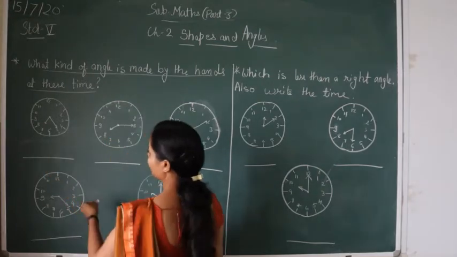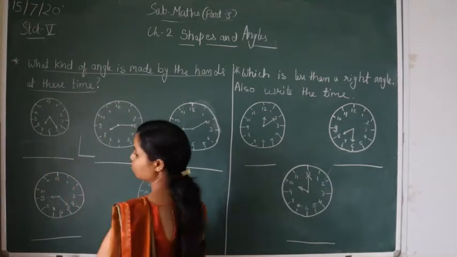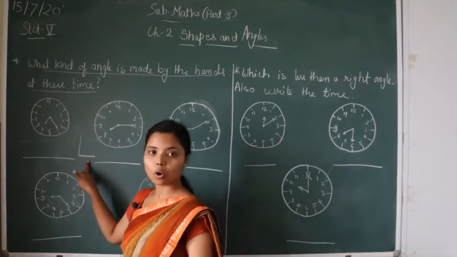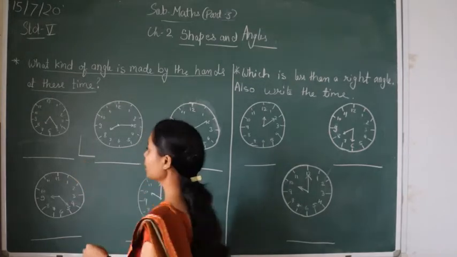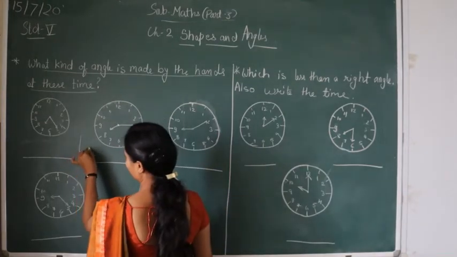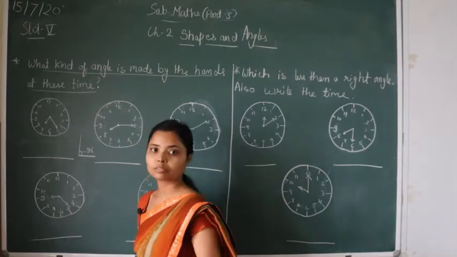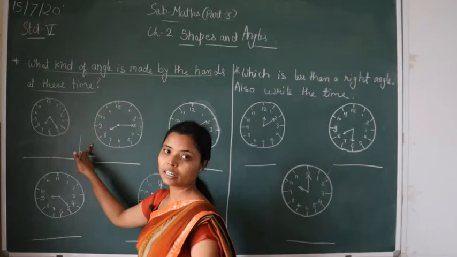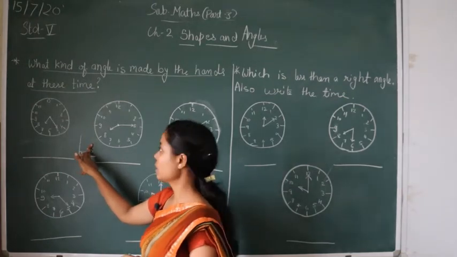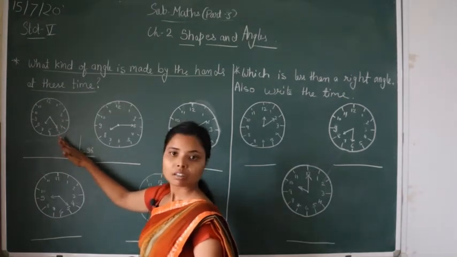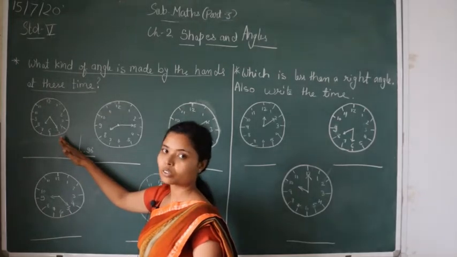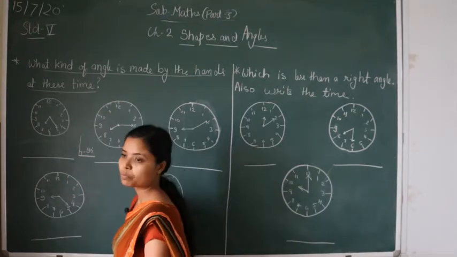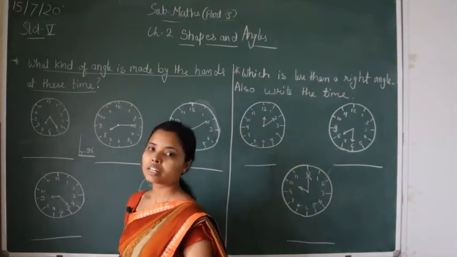We know very well when an L shape is made, it is called a right angle. And this makes a 90-degree angle. If this makes a smaller angle, it is called less than a right angle, and when it makes greater than a right angle, it is called more than a right angle. I explained this in previous parts, so we will start from here.